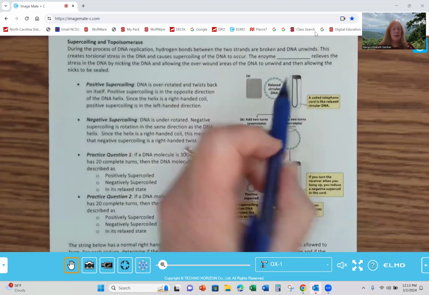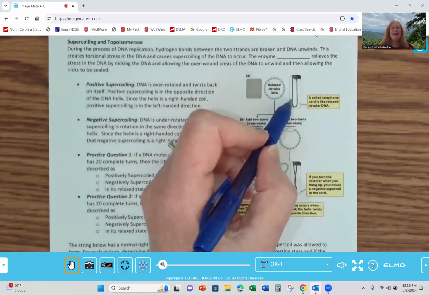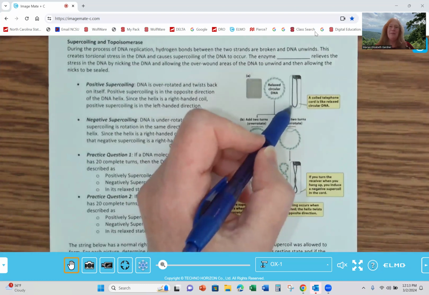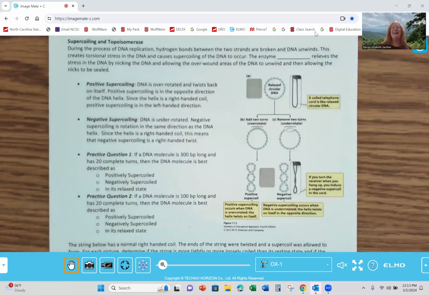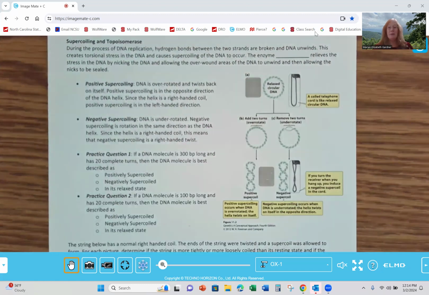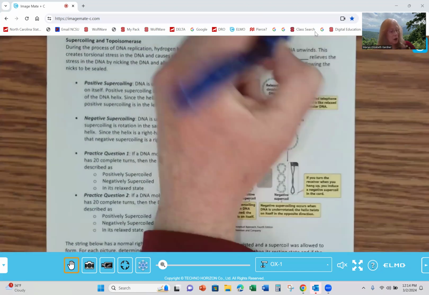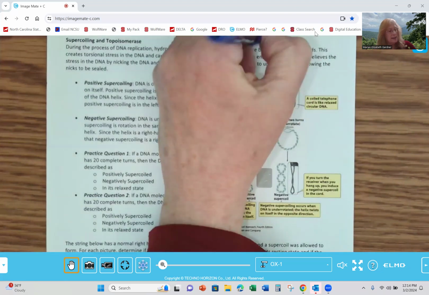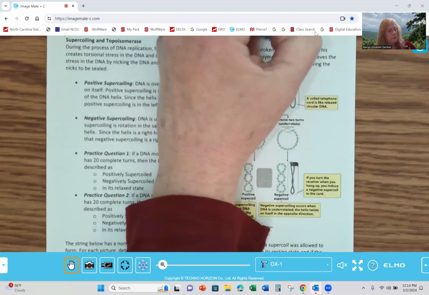So if you think about a telephone cord, I know most of you have probably never seen telephone cords like this, but that curly coil and how it kind of coils around and sometimes coils too much, that would be like a supercoil. So we have both positive supercoiling and negative supercoiling that can occur. There's an enzyme called topoisomerase. This is a class of enzymes